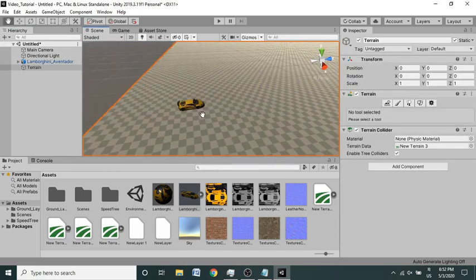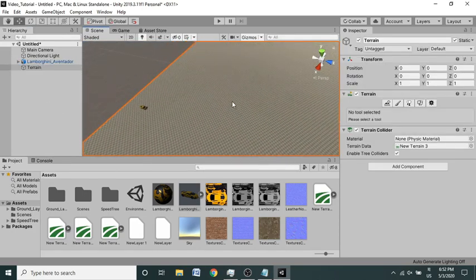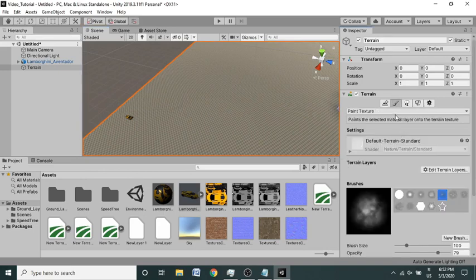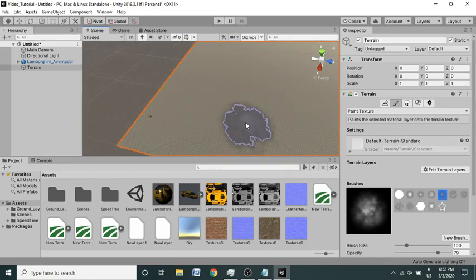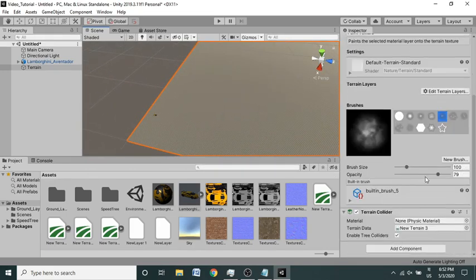For starting the sculpting of the terrain, I'm just going to do it directly by myself and not talk that much. I'm going to select this brush which is right here and put the opacity at something like 40 and brush size something around 200. Okay, this is too much, this is far too big, so I think 200 is just fine.